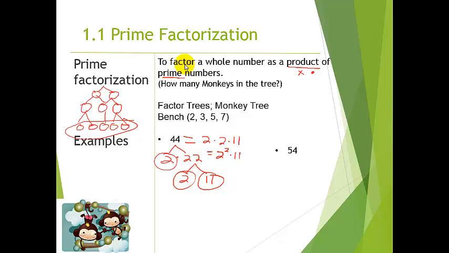Let's take a look at one other number. So again, I'm not going to do 1 times 54, because that's just an extra step. So I'm going to go to my